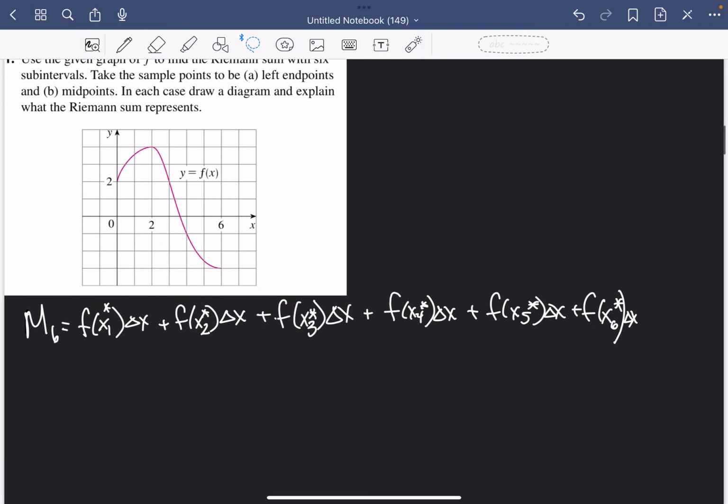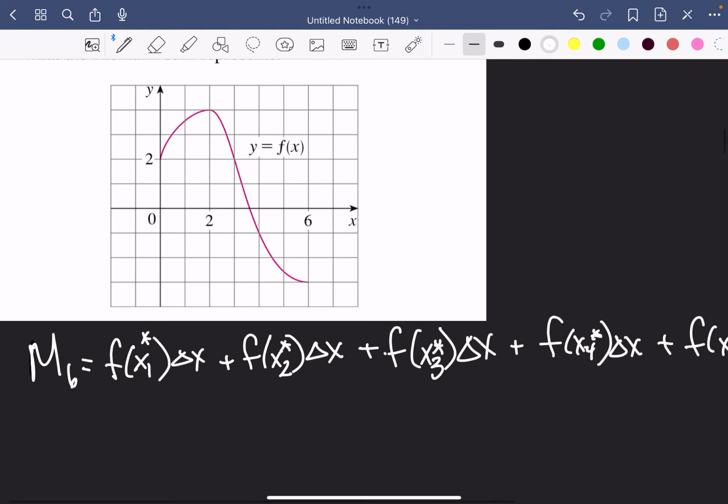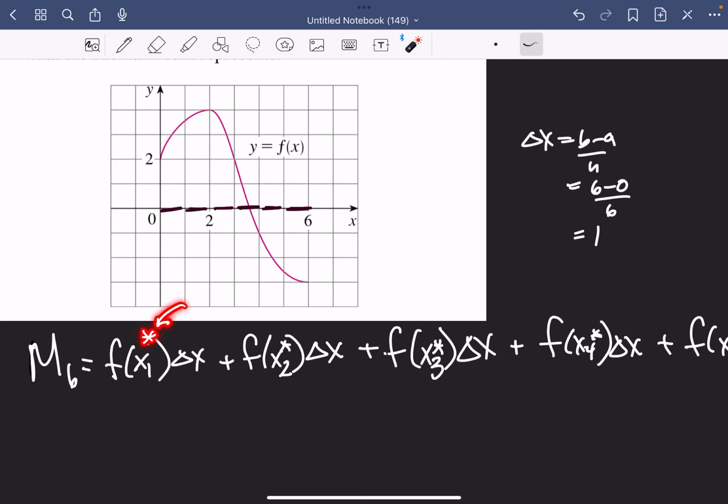Now if I want to do the midpoints of each subinterval, I still have delta x equal to b minus a over n, which is 6 minus 0 over 6, which is 1. So each step is still 1. Here's 1, 2, 3, 4, 5, 6 steps. It's just this time that star represents the middle point of the interval. So we take some x value in the first interval, and in this case, that point we pick is going to be the midpoint. The first interval goes from 0 to 1, so the midpoint would be 0.5,